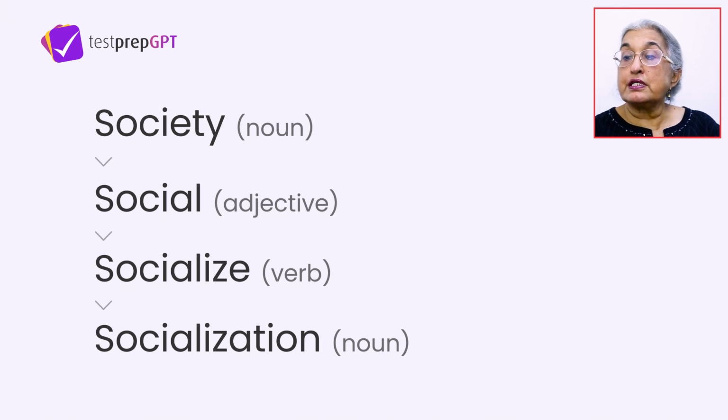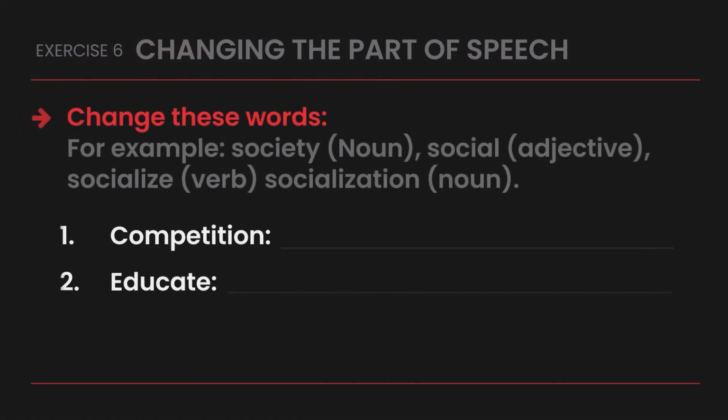Okay, so this is how, according to the sentence we construct, we may have to change the word, and we have to change it in a correct way by putting the right suffix. So this is something that you probably need a lot more practice in, but at the moment you can do this exercise of changing the words. Competition,